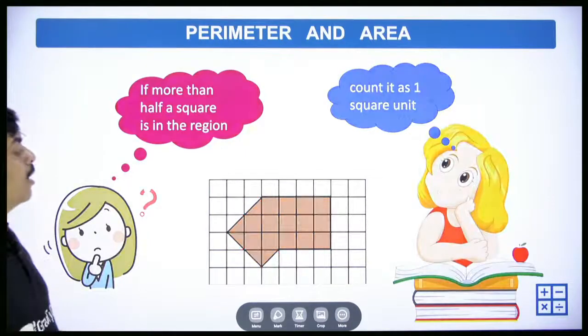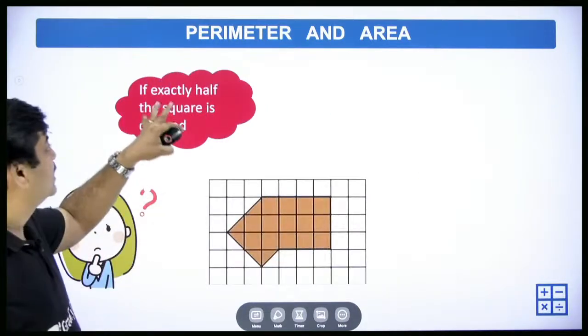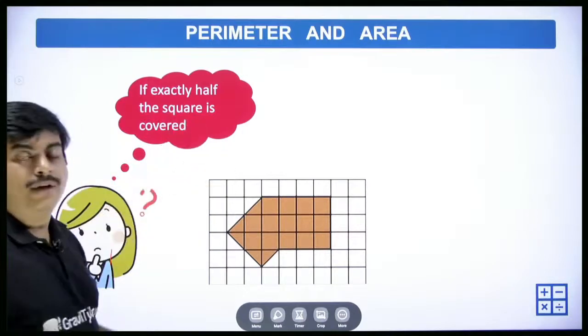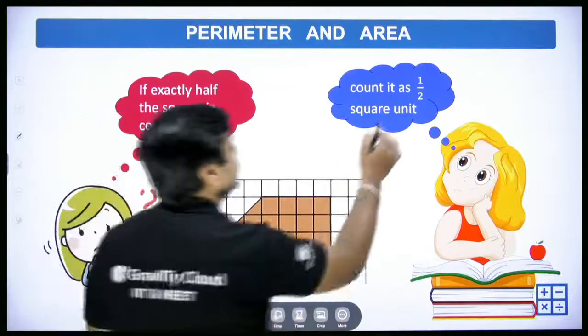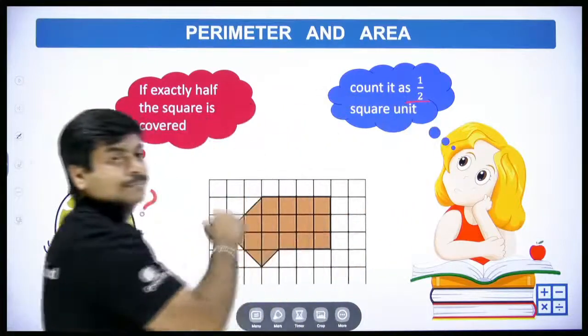In the same way, we have one more question. If exactly half the square is covered, then what will happen? Count it as a half square unit, a 1/2 square unit. Next one,